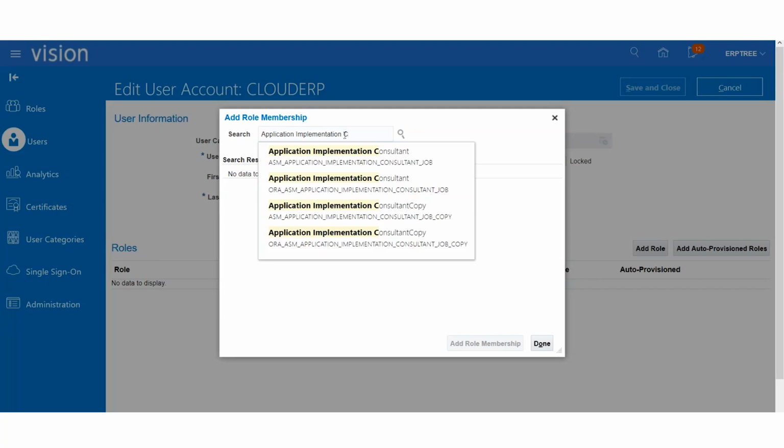That's a good question. A super user cannot set the profile. See, the super user is for users who are working in the company, maybe as managers. As a consultant, you require access to the full system. You require access to the system administrator responsibility in EBS. Maybe you might be working on some different projects where there are certain restrictions, but in a general implementation, if you are really working as a consultant, you require access to system administrator.